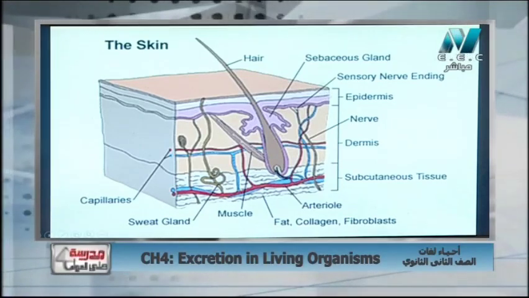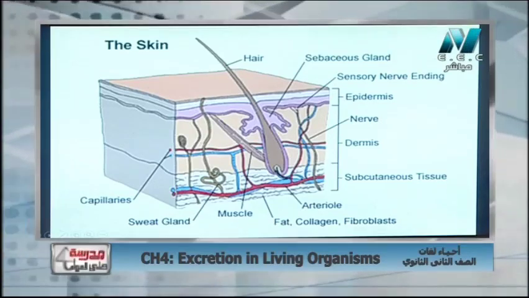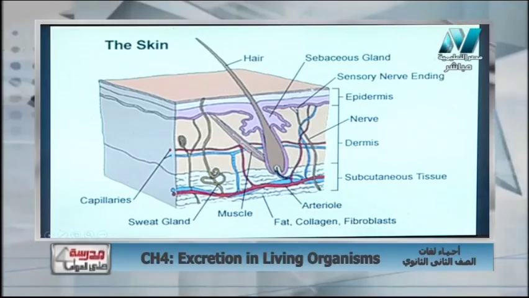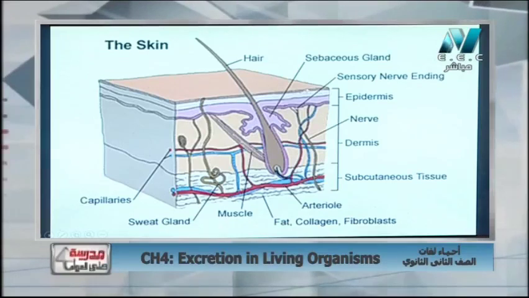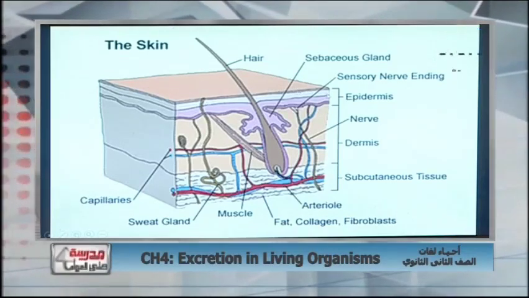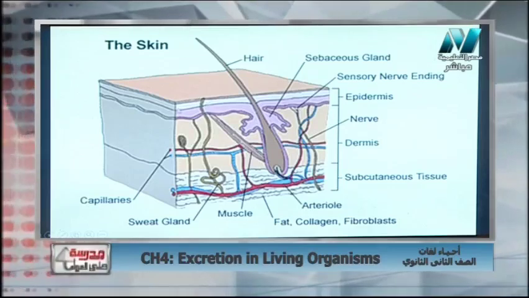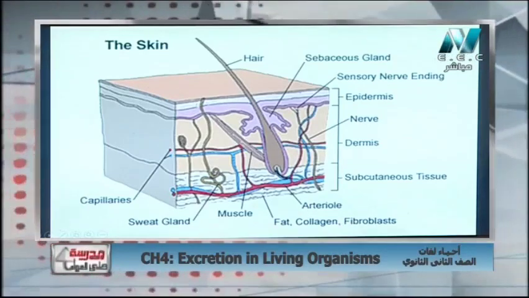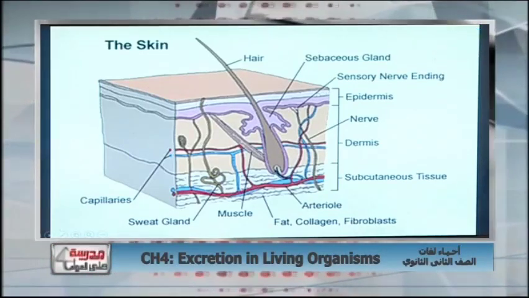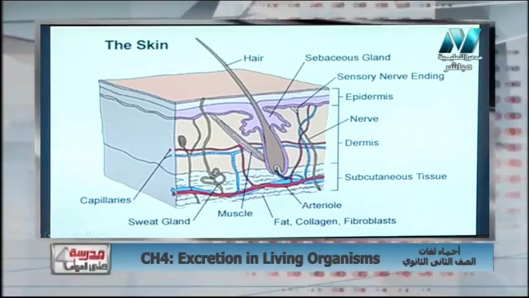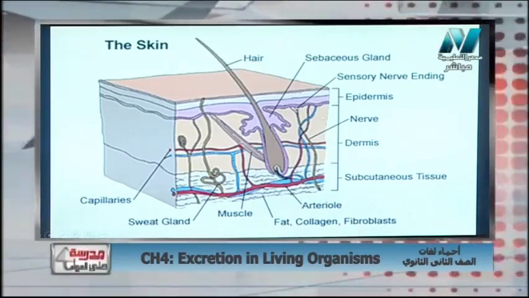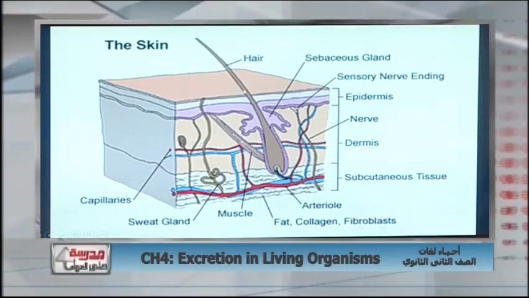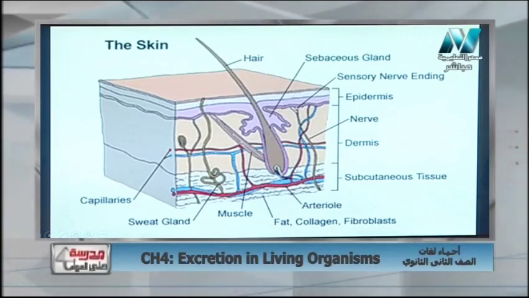As you see, the upper layer here is called the epidermis. Do you see it? So the epidermis has two layers, the upper one, which is composed of dead cells, and the inner layer here, as I move the mouse, this layer contains the cells that produce melanin substance. The inner layer of the skin is called dermis, and as you see here, the dermis is composed of many things, many organs. The biggest one here is the hair follicle.